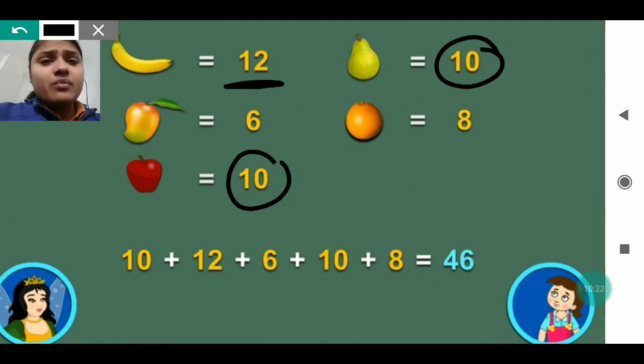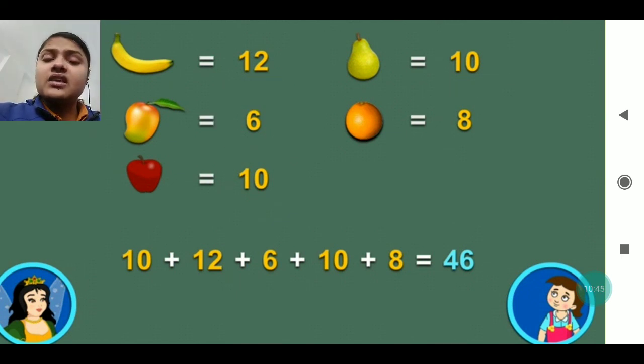Which two are having the same number? The apple and the guava are having the same number. Okay, the number of guavas and apples are the same. Which is having the least? Which is having the minimum? That is mango. Mango is minimum. So by using the pictures, we can represent the number of fruits, or we can represent anything, whatever it is given. Okay, so pictograph is a very interesting chapter, as in this you have to draw pictures to represent the things.